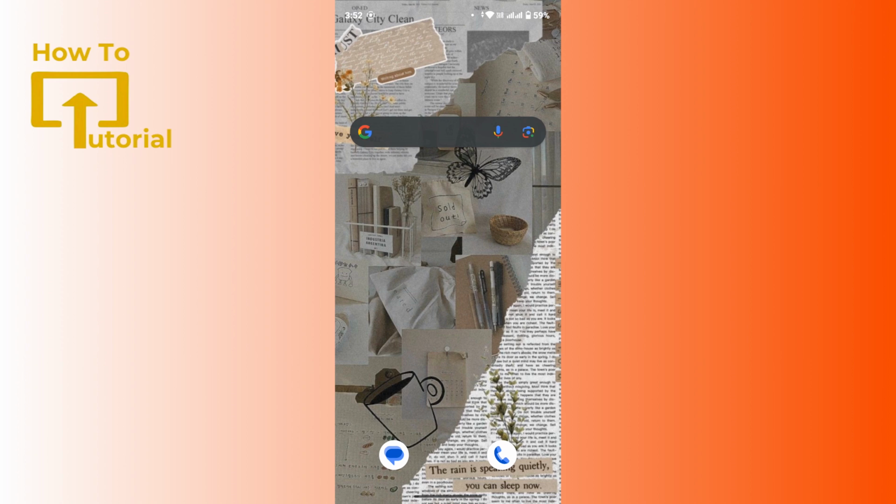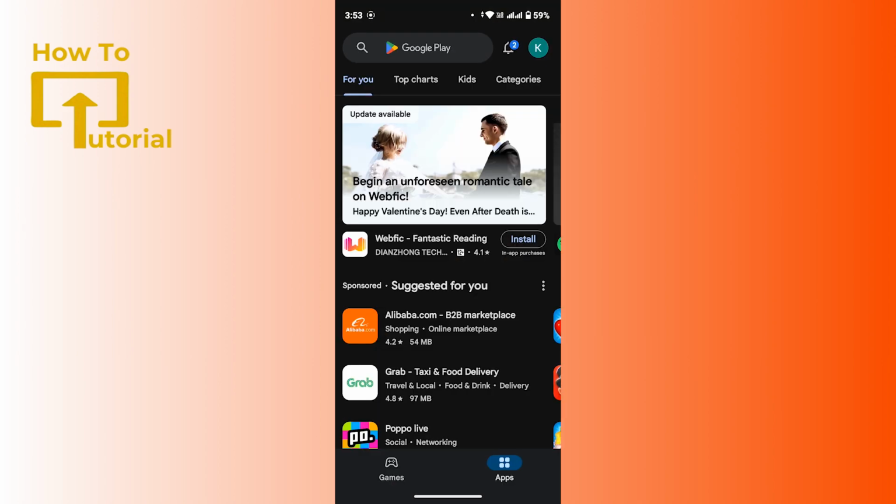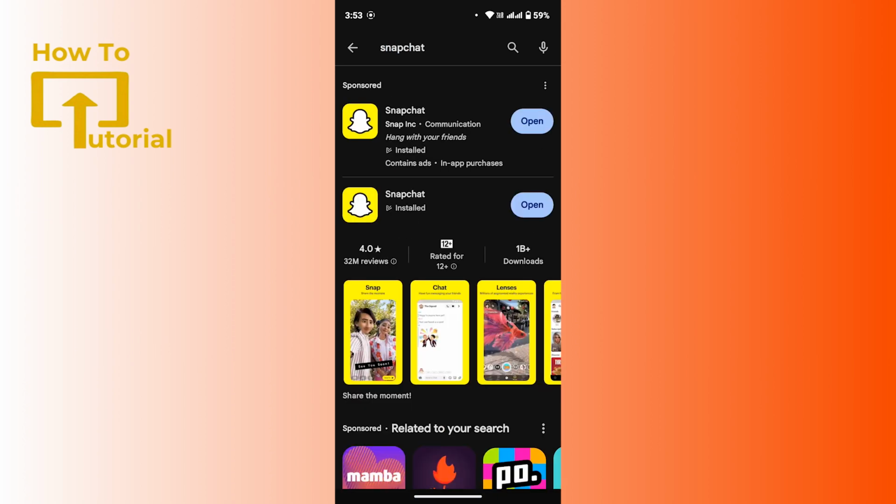First and foremost, make sure that you have the latest version of Snapchat installed on your device. For that, open up the Google Play Store and on the search bar type in Snapchat. Here, if your app is missing any updates, you will get an update option. So tap on update, and once your app is updated, open up Snapchat and check whether the problem is